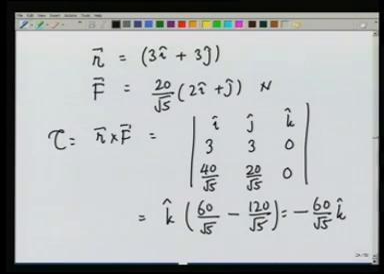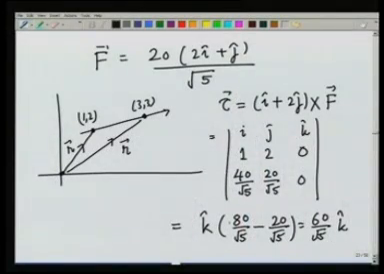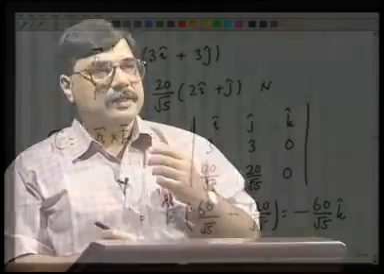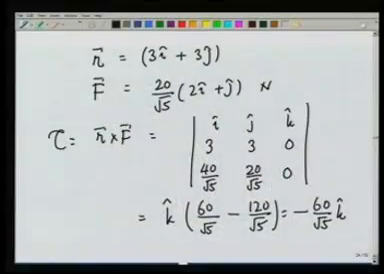Okay. The direction seems to be opposite. I must have made a mistake in the previous part. Let us check that, and yes, indeed there is a mistake. This should be minus, this should be plus. So, in the previous part also the answer was minus 60 over root 5 k, and in this part also the answer we get is minus 60 over root 5 k. And therefore, you see that no matter where I take the vector r to be along the line of application of the force, the torque comes out to be the same. This is also an example of transmissibility